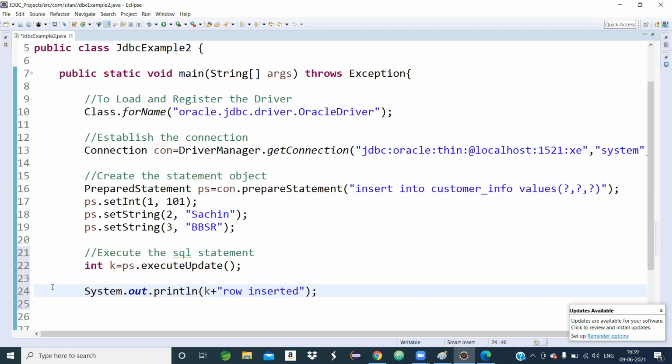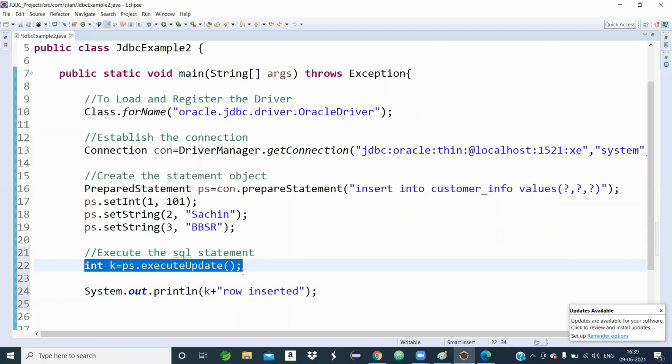When this statement executes, it will return 1, meaning 1 row inserted: 101 Sachin Bhubaneswar, that is 1 record, or 1 row. So the value of k is 1. If the output comes as 1 row inserted, then our program is perfect.